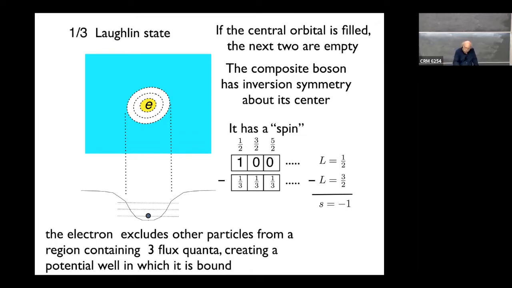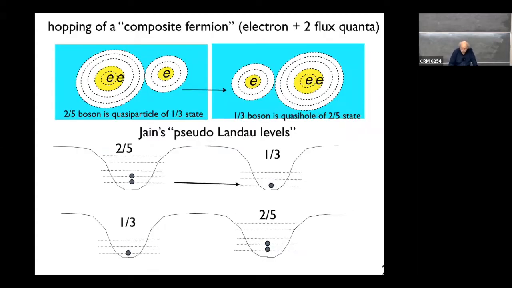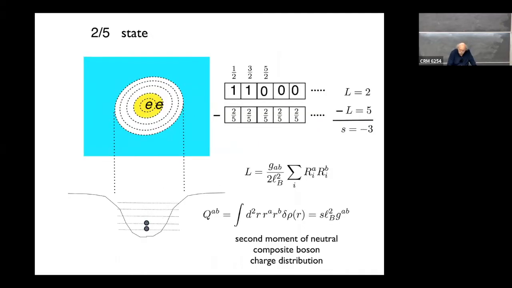So we can think of the Laughlin quasi-particle, or Laughlin composite boson, as these 3 units, 3 empty orbitals, and you fill the lowest one with 1 electron. And the 2/5 state is something similar, where I have 5 orbitals, and I fill the lowest 2 according to the Pauli principle. Okay. So actually, let's think about, first of all, in the composite fermion picture,